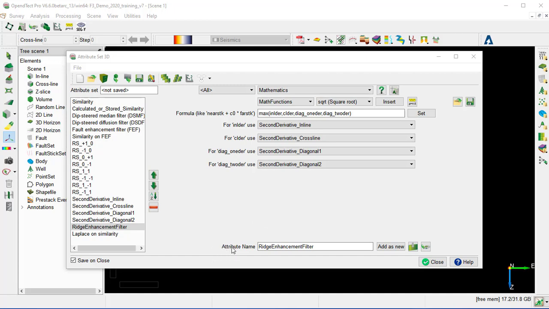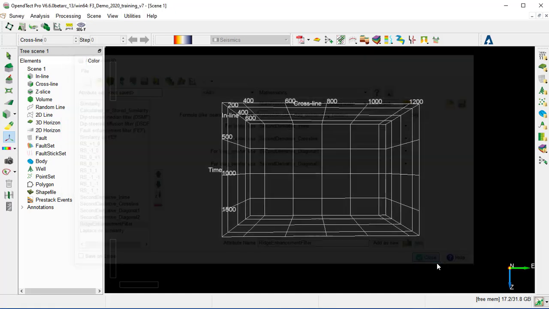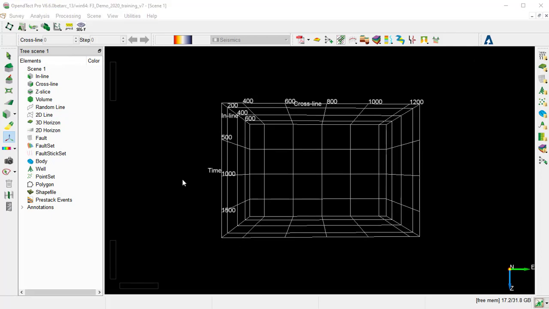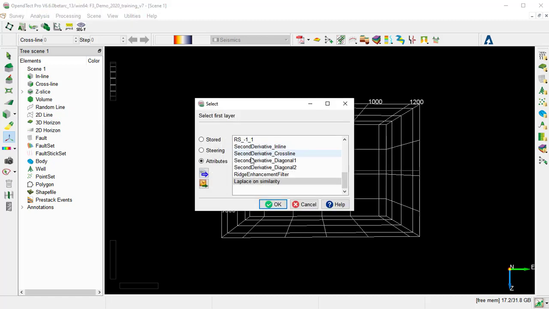So we keep the attribute name as Ridge Enhancement Filter. We uncheck Save on Close and close this window. Now we will apply the Ridge Enhancement Filter to a Z-slice. For that, we right-click on Z-slice and add and select data, and we select the newly created Ridge Enhancement Filter